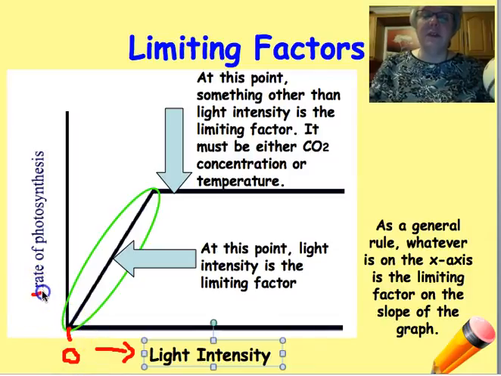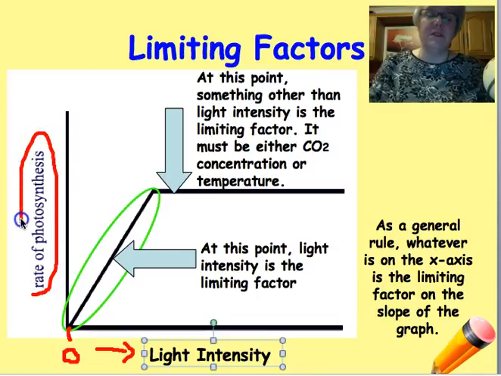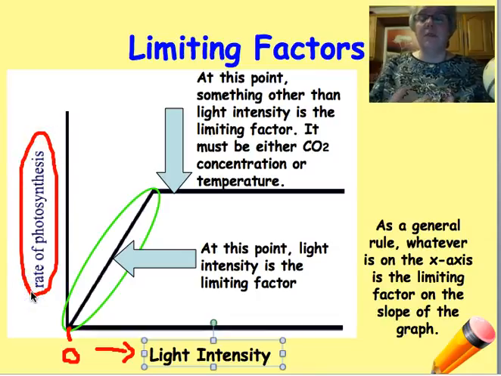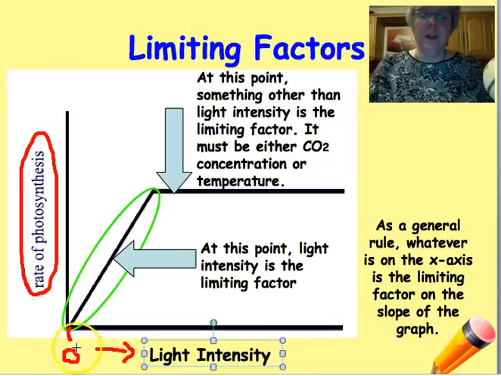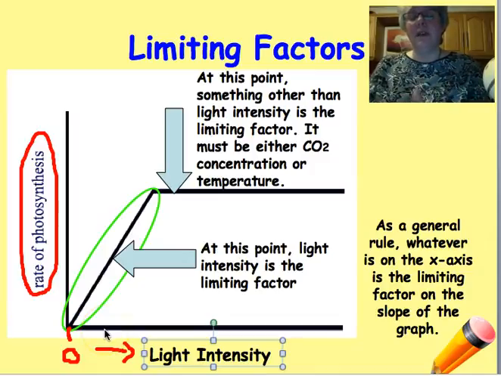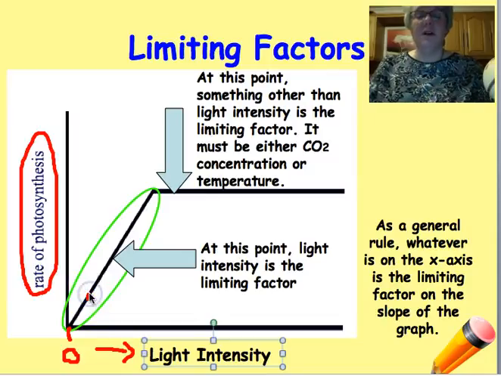Now here, up the side, is the rate of photosynthesis, and that could be something like measuring how many bubbles of oxygen are produced per minute. So you count the number of bubbles, and possibly there's been none, and then maybe you moved the lamp 10 centimeters nearer, and so you maybe have counted, I don't know, 20 bubbles in a minute, and so on. And so you would start to get your results and plot out your graph,